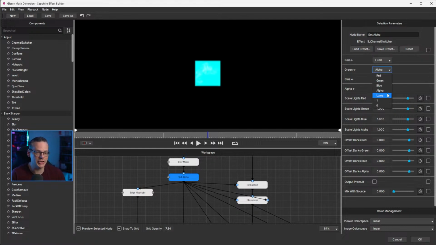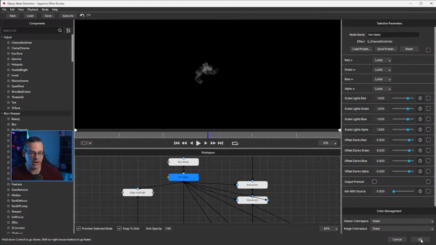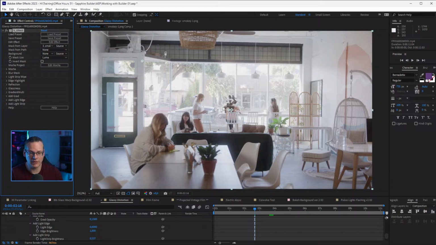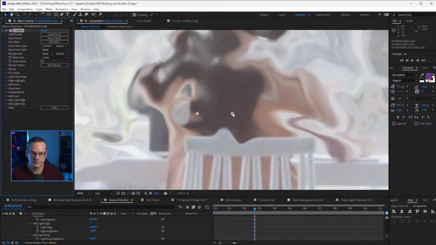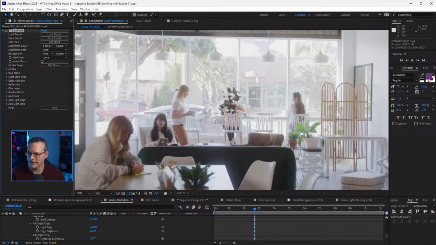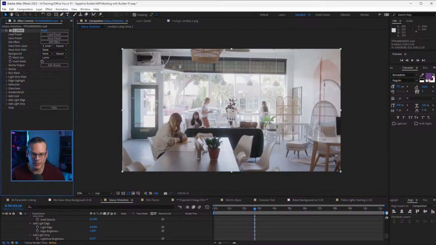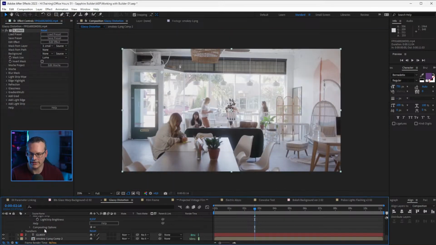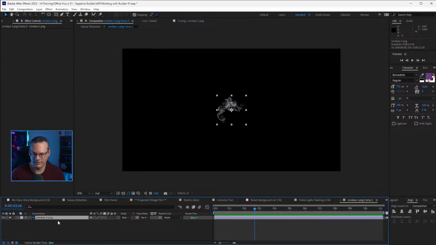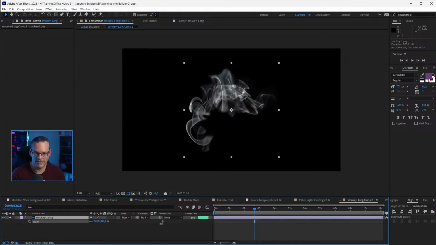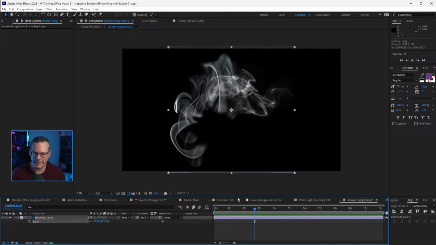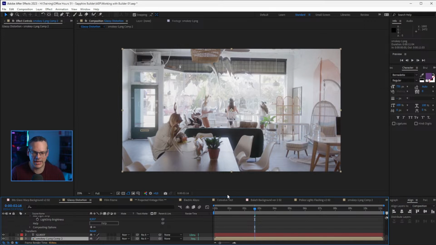If instead we wanted to use a black and white clip, like a Luma mat, all we have to do is set this to Luma instead. And I hit OK. I won't touch anything else, and we now have our little squiggly things in the middle there. Those squiggly things aren't very visible, but let's make my black and white thing a little bit bigger, and then we now have